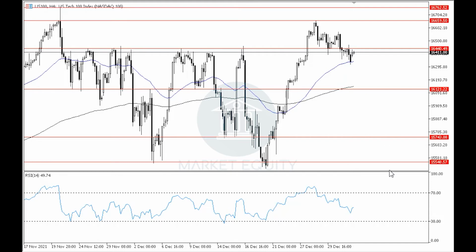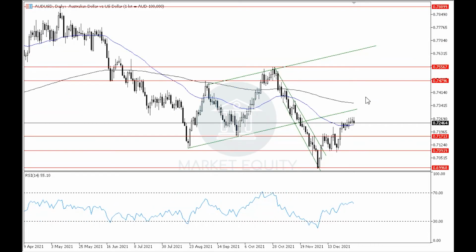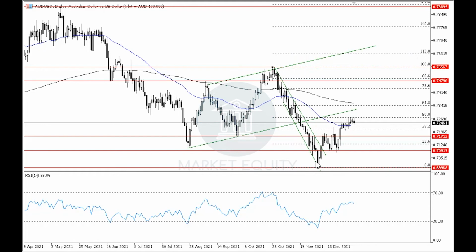Let's move on to the Australian dollar versus the US dollar. In the previous videos, we said that the pair is moving in an uptrend in the 4-hour time frame, and we were expecting it to target around level 0.7270 near the broken lower boundary of the upwards channel in the daily time frame, and recently we can see that the pair reached level 0.7270 and it is currently being traded around it, where it currently resembles a reversal area for the pair for many reasons, specifically since it resembles level 50% Fibonacci of the previous downwards movement, which started around level 0.7555 and ended around level 0.6995,